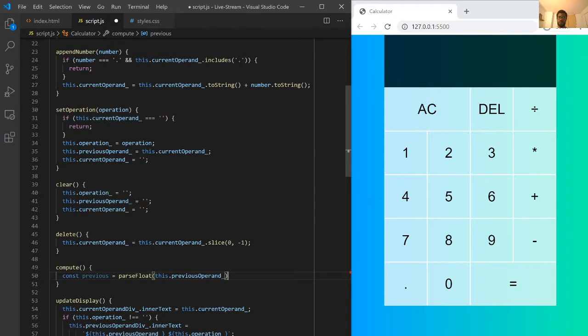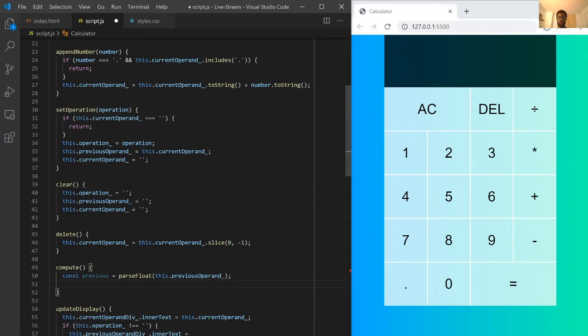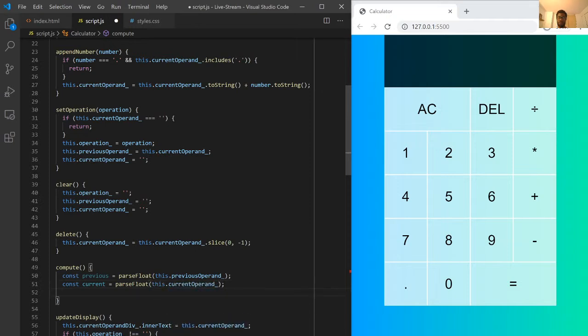Okay, good. I almost left that crash, which wouldn't be the end of the world, but not ideal. Okay, const current equals parseFloat this.currentOperand. And then let's do some error checking. So let's say if isNaN, which stands for is not a number, the previous value, for whatever reason, isn't a number, maybe we just didn't supply a value yet,